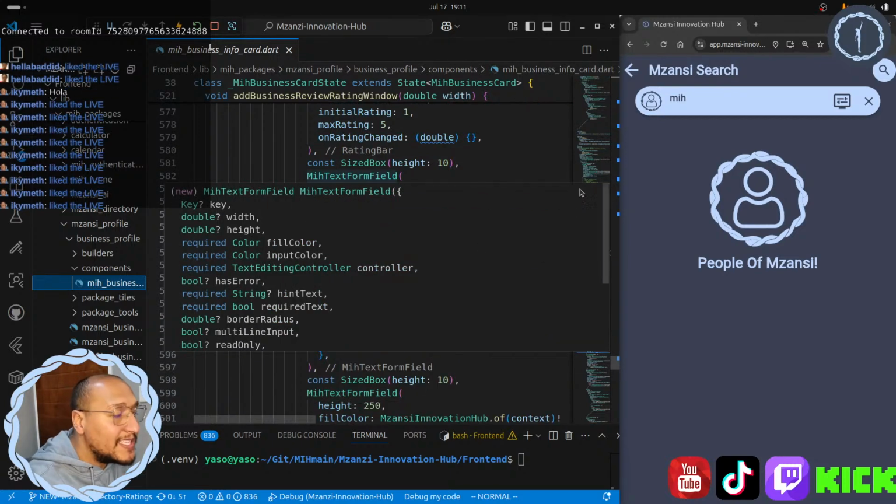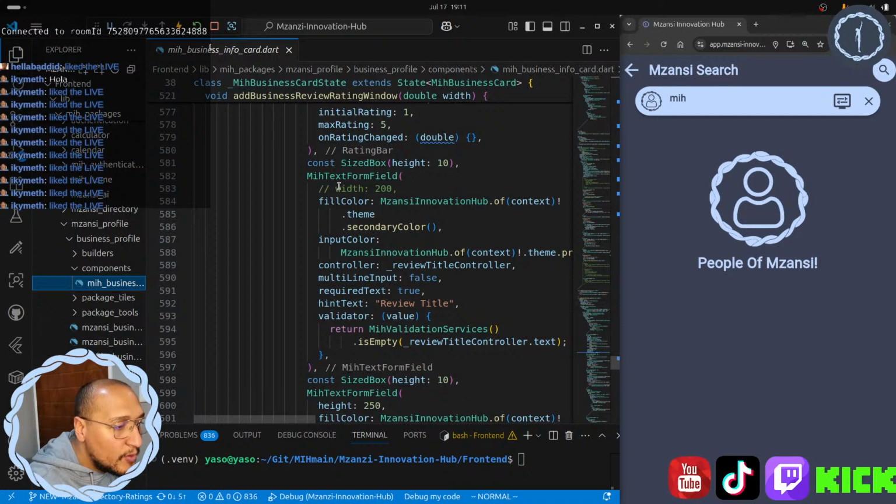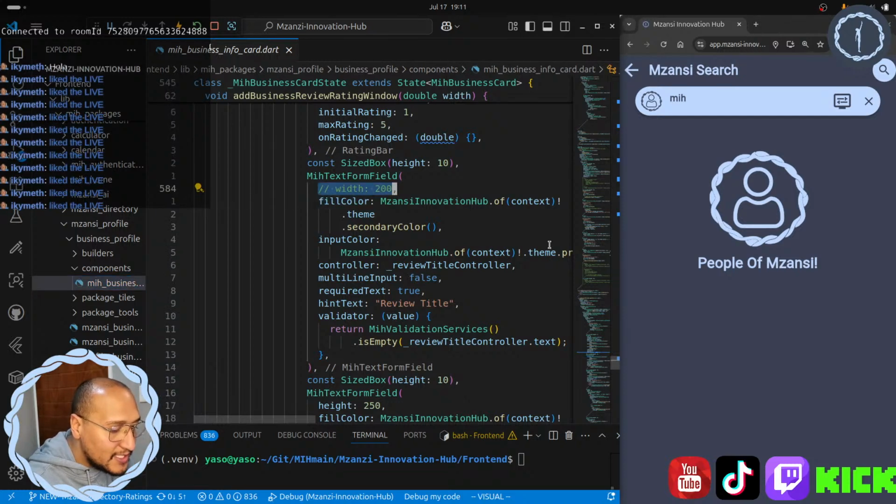So you'll see I have it commented out already. But the width under our text field, there was a width. If we leave this out, it's dynamic. It scales with how much space it has. But because we put the width in, it didn't expand. It stayed at the right size.